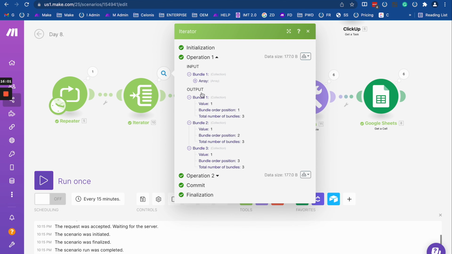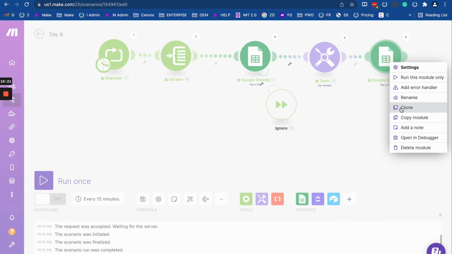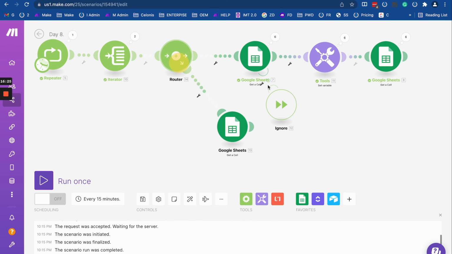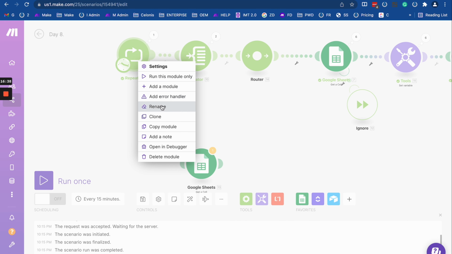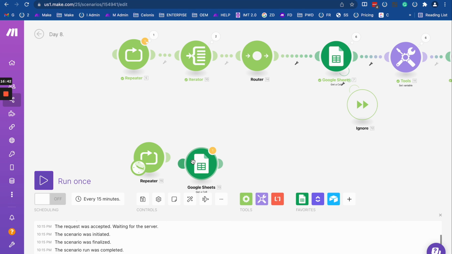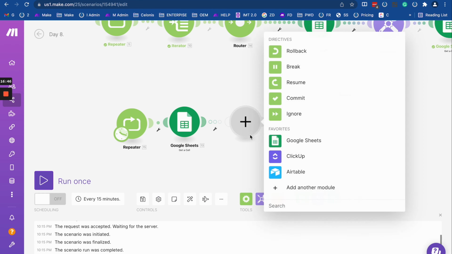So if we had, say, 3 bundles here, and one particular bundle brings us an error, the previous ones will work, this one will bring us an error, but the execution will continue. It won't stop. But if we had only the one module here with the error handler, we would see the difference: the whole thing will stop. We will do that first, I believe, to see the difference with the bundles and without. So ignore, and let's start with our